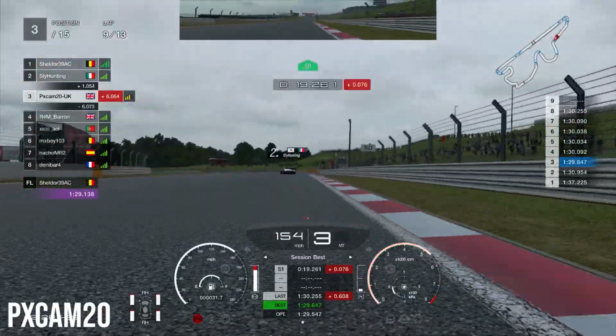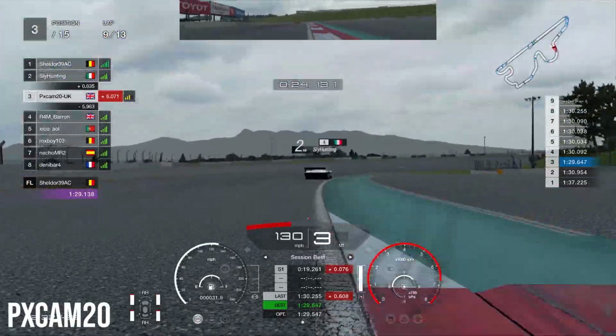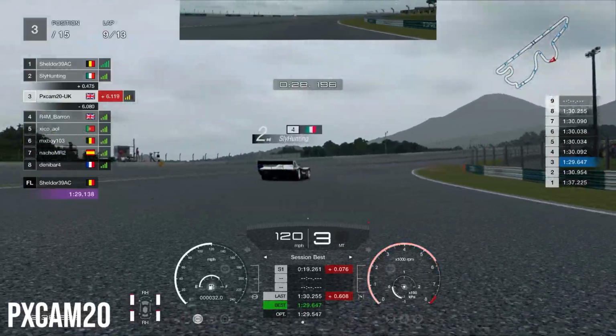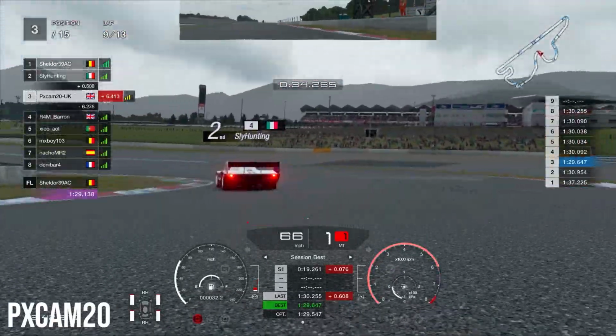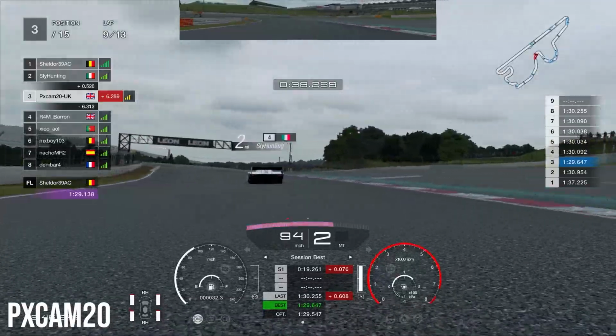So on lap number 9 here, going into turn number 3, the Italian goes a little bit wide, and that just messes him up big time. So we're able to capitalize on that, just ease our way closer to him as we're just trying to hit our marks, make sure that we don't spin the tires and not get loose here coming into a couple of